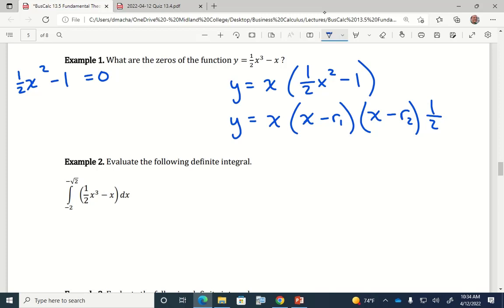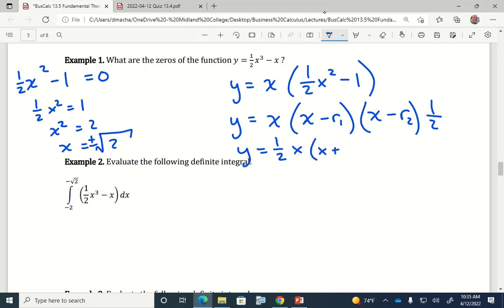So I'll add 1 to both sides and get 1/2 x squared equals positive 1. Multiply both sides by 2 and x squared is equal to 2. And when I take the square root of both sides, I should write x is equal to plus or minus square root 2. So I could factor this as 1/2 x times x plus square root 2,